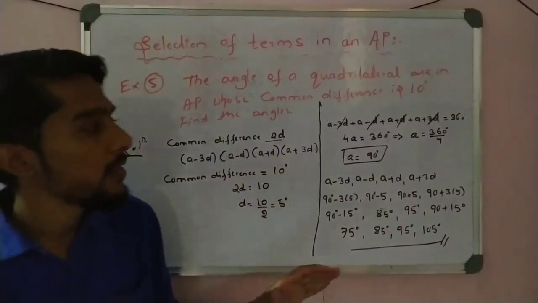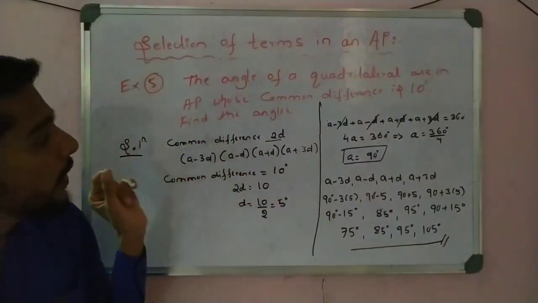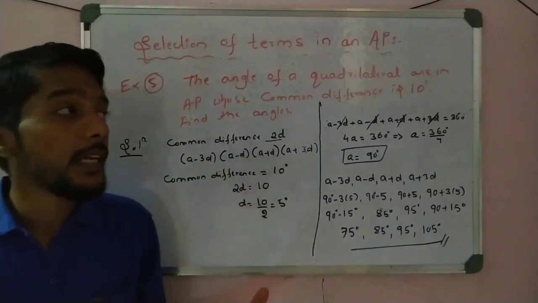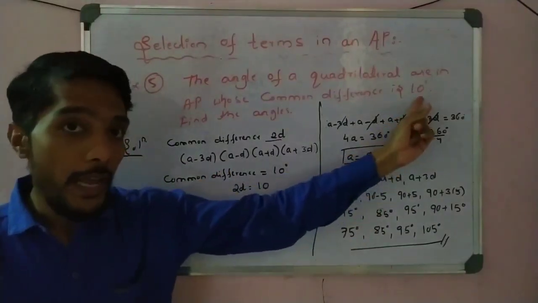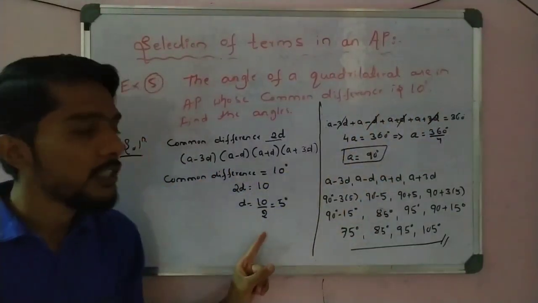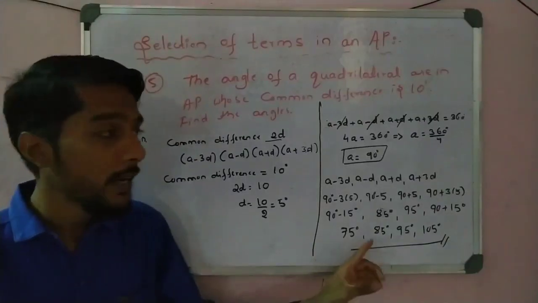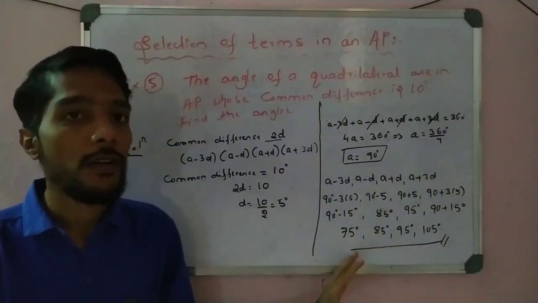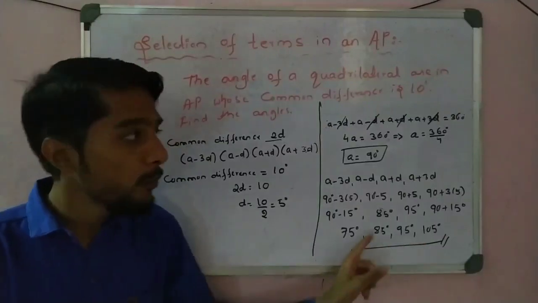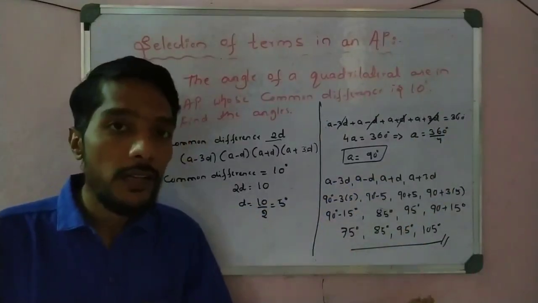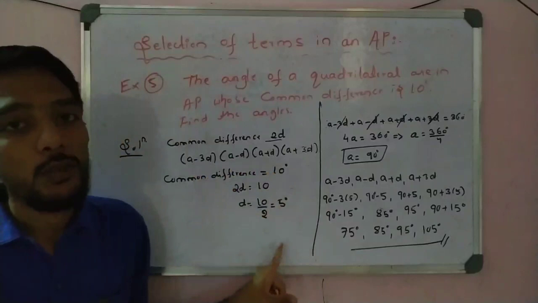Simple, very simple, right? So what is very important, where we make a mistake, is in this angle. Carefully, if we directly take this 10, it is better, we get the correct answer? All sums are equal to 360, but the solution is different. The answer is different here. With the sum we get this one, but we get a different answer. So that is a big mistake made by the students, right?